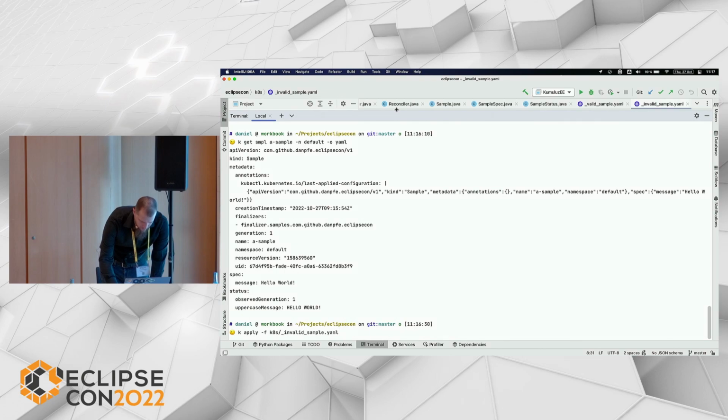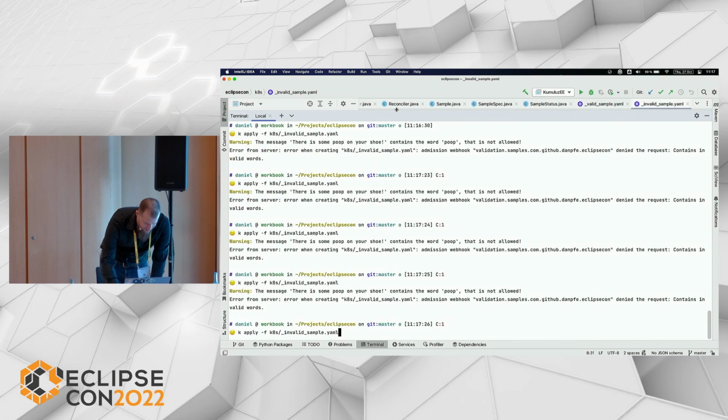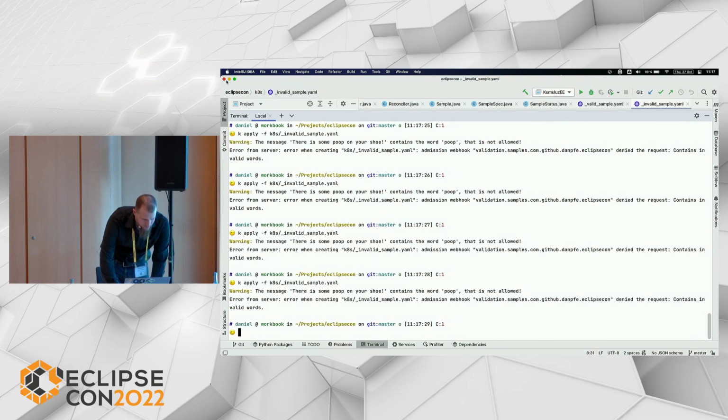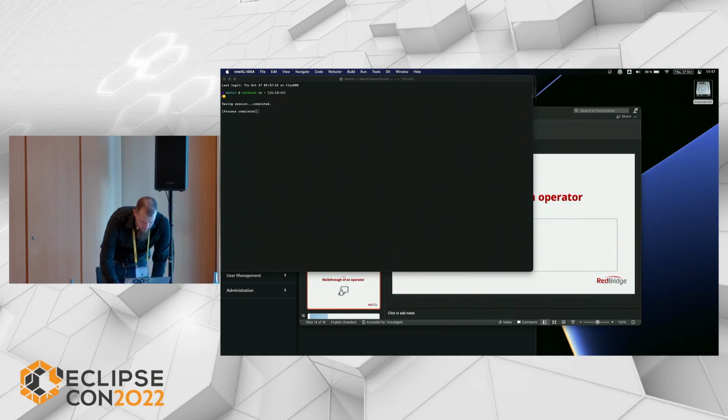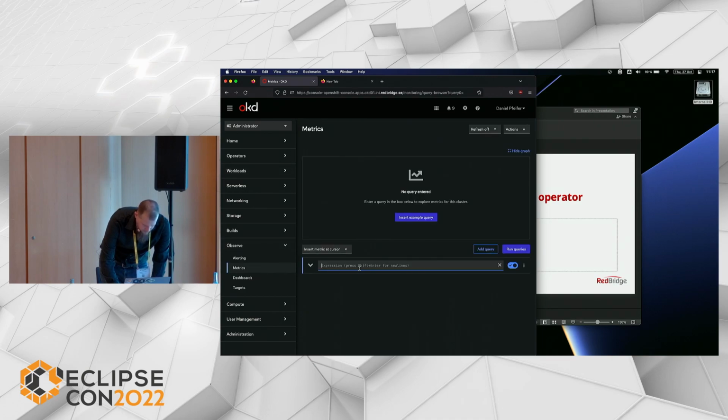Just the last thing about the MicroProfile metrics, I will push some messages or some invalid samples to the cluster, just so we have something to look at, right? Yeah, observe and metrics.